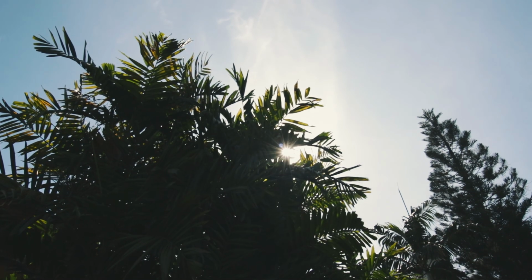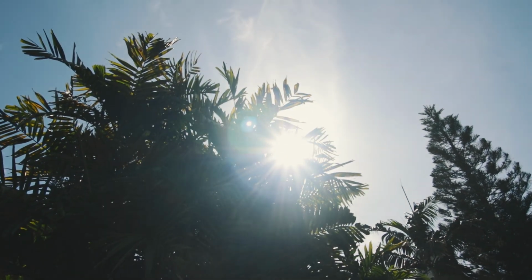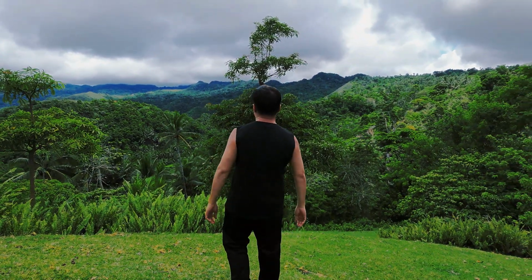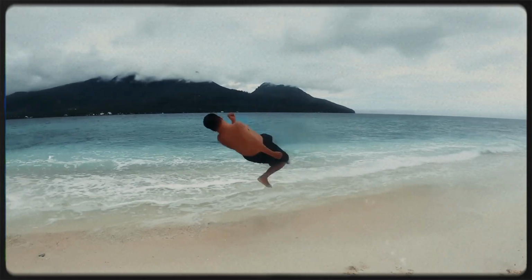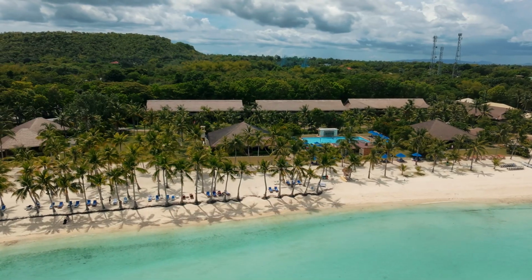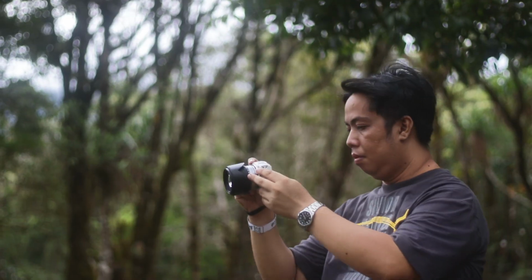As we grow older, some of us might ask, what is life like outside our comfort zone? I went outside and asked myself, what if traveling the world is exactly what I need? My journey began in 2021 and recently, I had the chance to explore the stunning island of Bohol. And today, together with some of my friends, we are taking you to somewhere cool, fresh, and breathtaking views. None other than